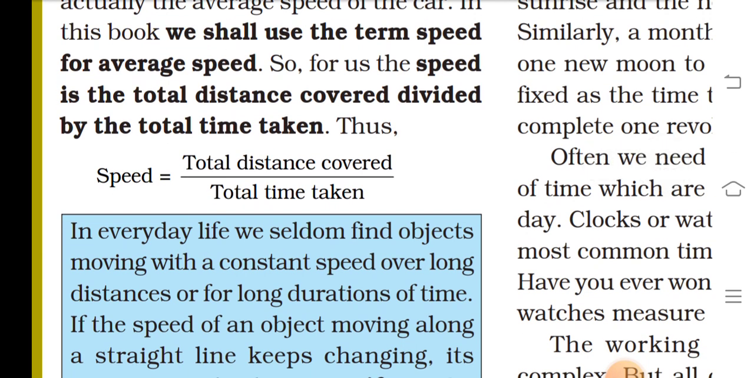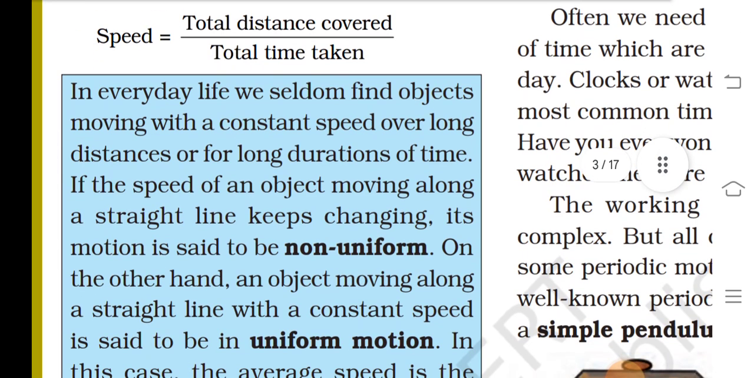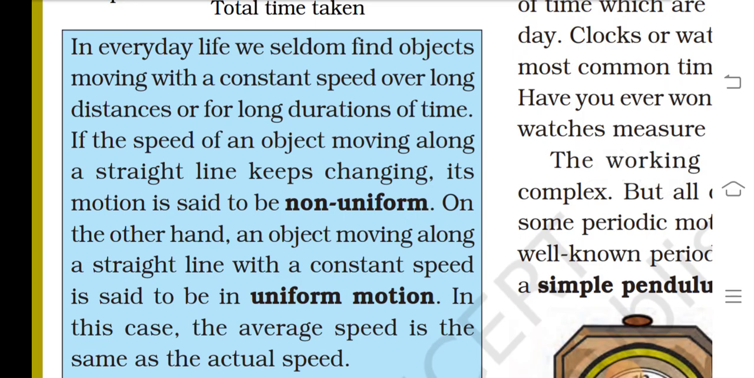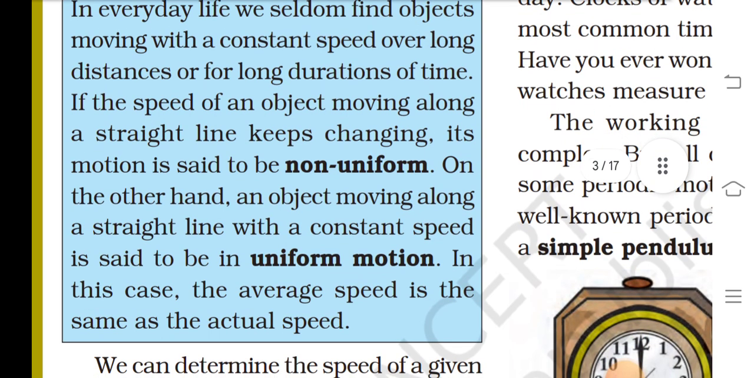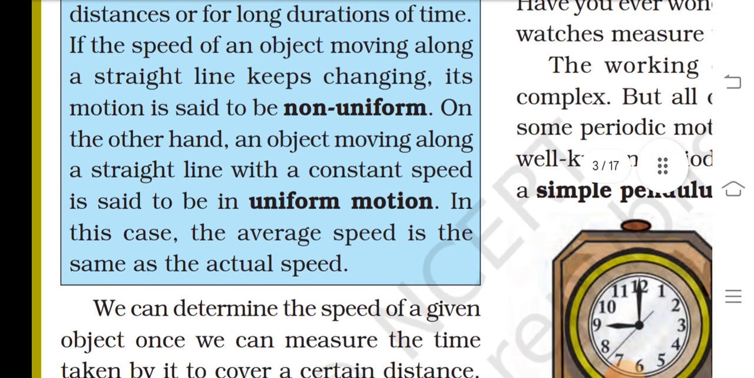So for us, speed is the total distance covered divided by the total time taken. Thus, speed equals total distance covered over total time taken. In everyday life we seldom find objects moving with consistent speed over long distances or for long durations of time. If the speed of an object moving along a straight line keeps changing, its motion is said to be